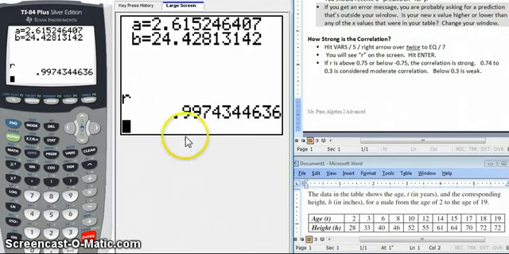So that's it for using the guide to the graphing calculator to find best fit. Go ahead and do the same with the data for Benny and the